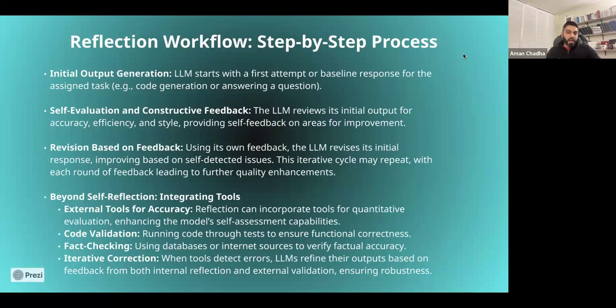And you could carry out this cycle multiple times, so this could be a multi-turn cycle. With each round of feedback, you're refining the quality of the initial response.